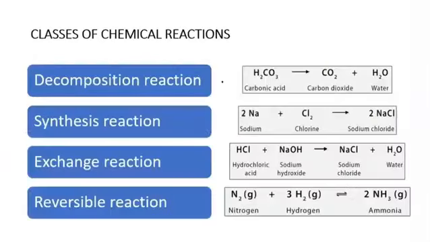If we scroll down, we have classes of chemical reactions. What type of chemical reactions do we have? We have decomposition reactions, for example, which are reactions that break things down, and building reactions, which are synthesis reactions. So when you have something big and you get little things, that's a decomposition reaction. When you have little things and you build something bigger, that's a synthesis reaction. Now, these chemical reactions can be reversible, meaning they can go from here to here, and from here go back